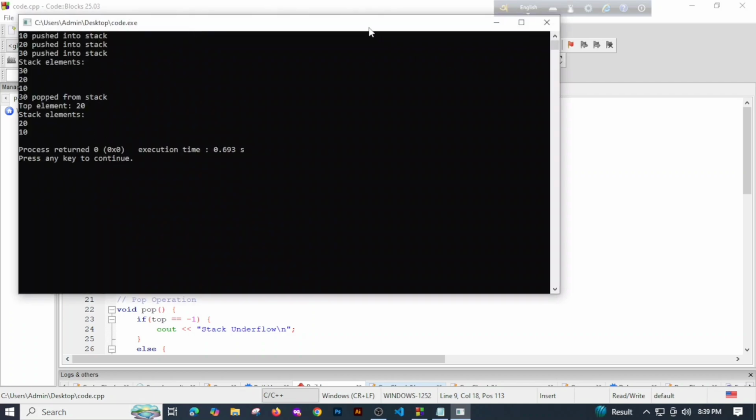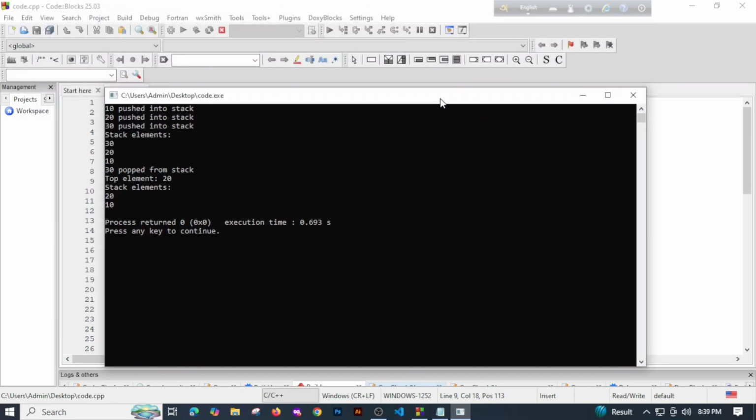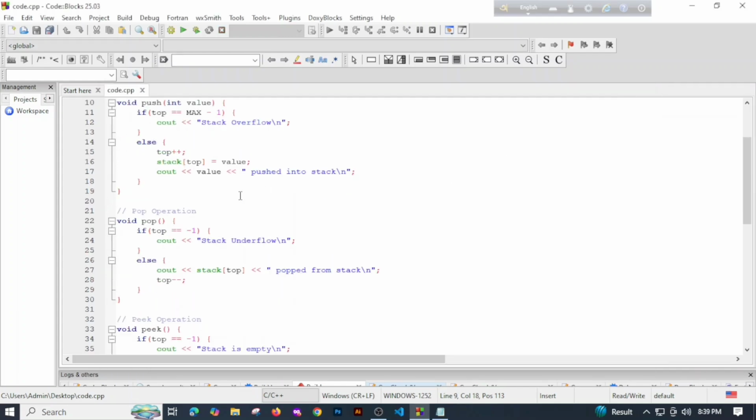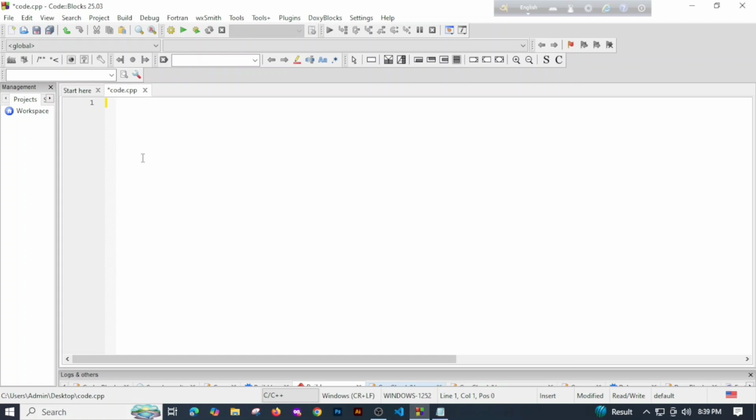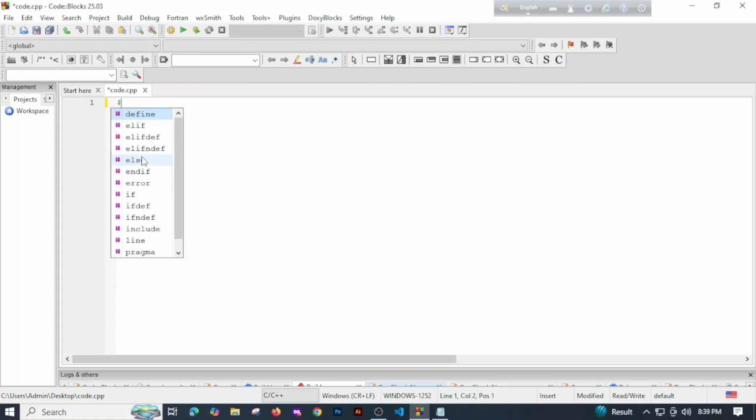Today we will do a code on stack using an array. So here is the output preview of this code, and now let me just backspace and then I will start with our header files and